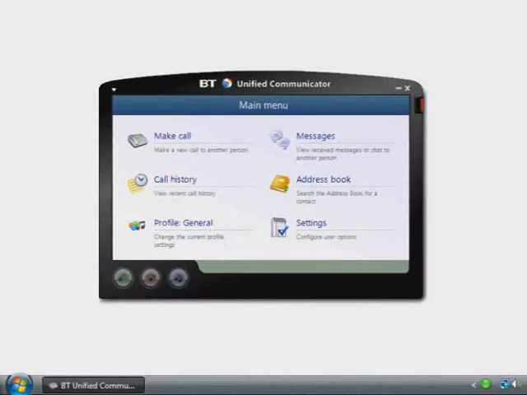The next functionality we'll look at is sending messages to other users. If more than one user in your organisation has the software already, then we can send messages to each other to get each other's attention easily and efficiently. Let's demonstrate that. If I go into Messages,